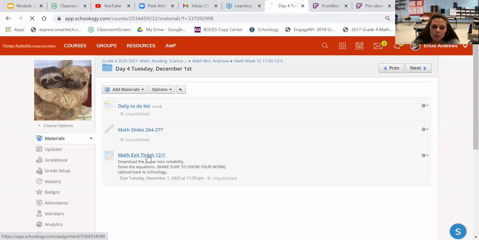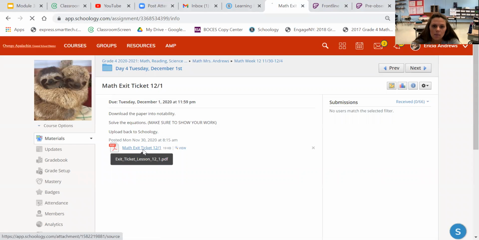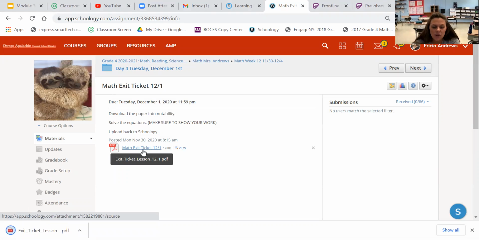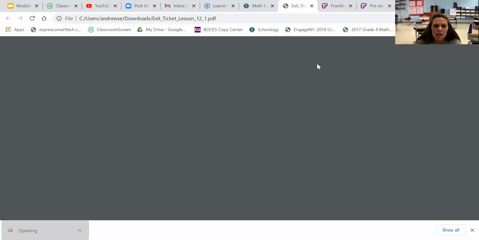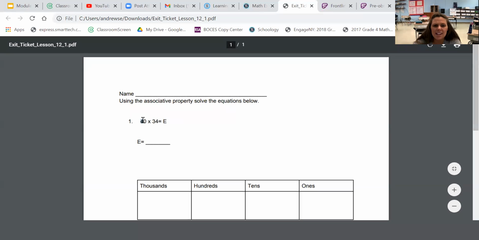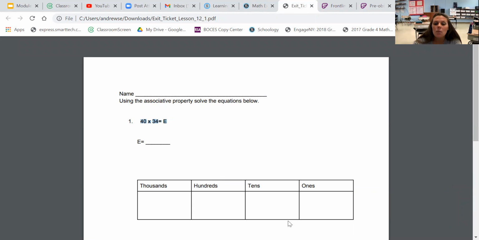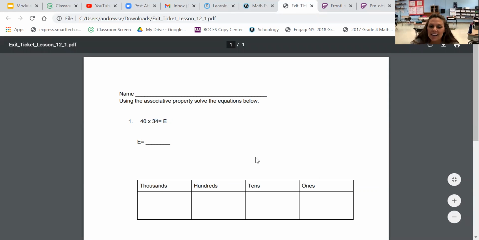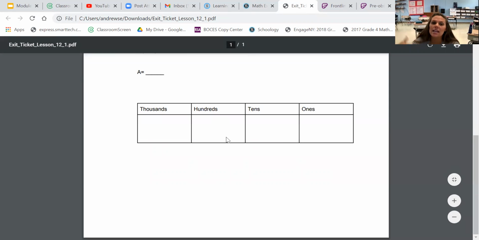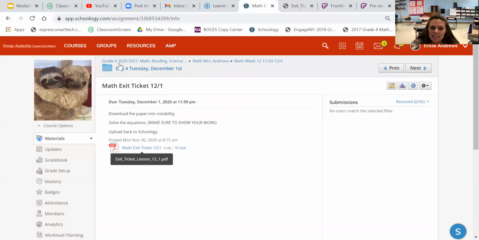You'll have to upload this worksheet because I need to see your work. Now, friends, we've talked about this a few times, that when you're showing your work, it's not just rewriting the equation with the answer. Just like we were practicing in class, that's what I want to see. I want to see you filling in your place value chart, multiplying by 10, then taking that number and multiplying it, okay? So I got to see that, so you'll fill it in on Notability and then upload it back into the Schoology assignment,